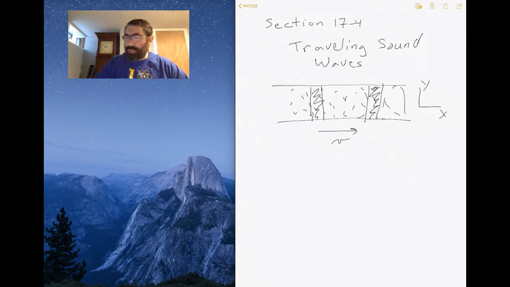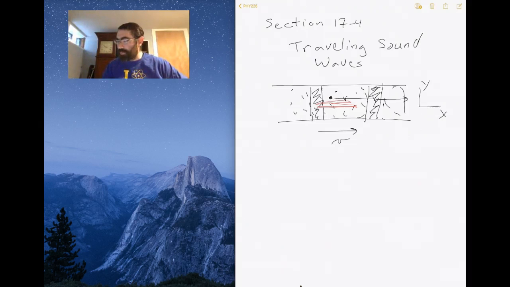So what's going to happen is there's going to be a sound wave, there's going to be an air molecule like right here, and then the pressure is going to come in and oscillate it. It's not going to push this air molecule and make it move all the way down the end. Instead, what's going to happen is the air molecule is going to go back and forth. It's just going to oscillate. It's going to bump into the next air molecule, which will bump into the next one, which will bump into